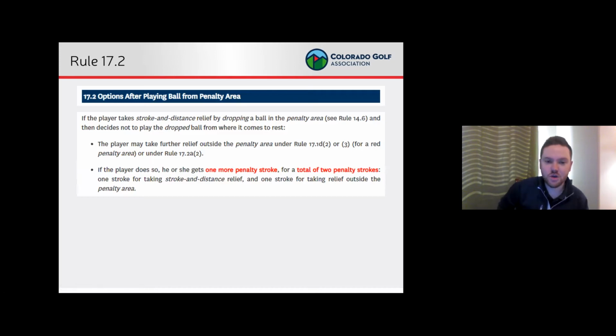If the player does so, he or she gets one more penalty stroke, because we can't forget about the stroke and distance. Once your ball is lost or out of bounds, you have that penalty stroke hung on you. You can't get rid of it. So one more penalty stroke under 17.2 for a total of 2 penalty strokes: 1 stroke for taking stroke and distance, that never goes away, and then 1 more stroke for taking relief outside the penalty area. So if all you do is hit it out of bounds from the penalty area and then drop it again in the penalty area and play it out of there, you've just got that 1 stroke penalty